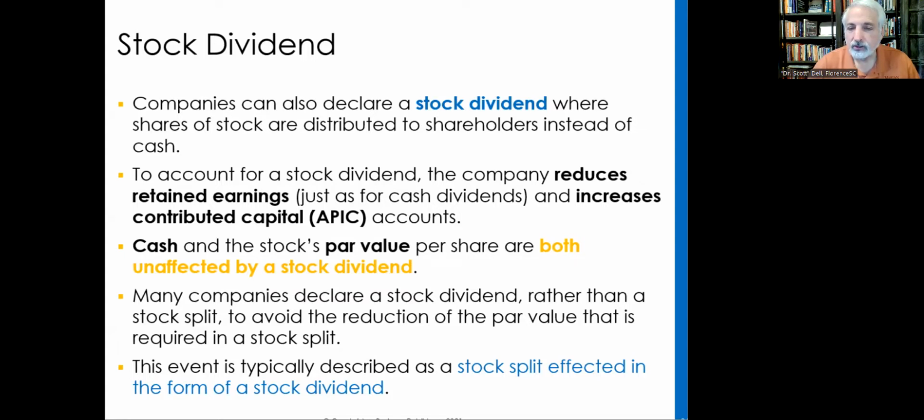So many companies will declare a stock dividend, then a stock split to avoid the reduction of par value. That is described as a stock split effected in the form of a stock dividend. Still the same effect. You now have 2 shares for every one, but there's an internal accounting mechanism that is different in the process. So we'll go ahead and conclude this module,